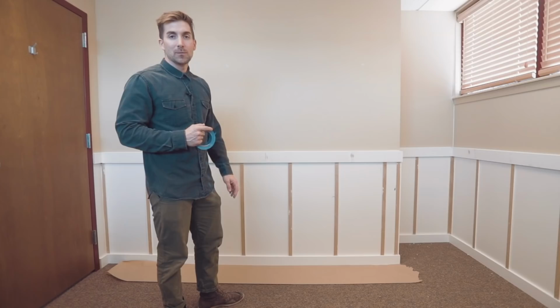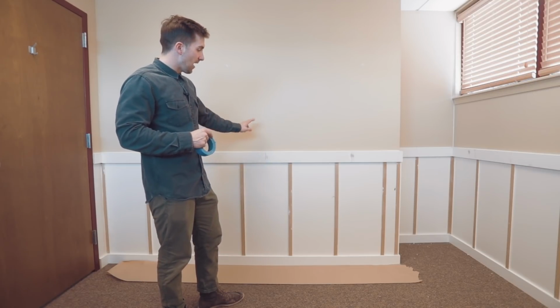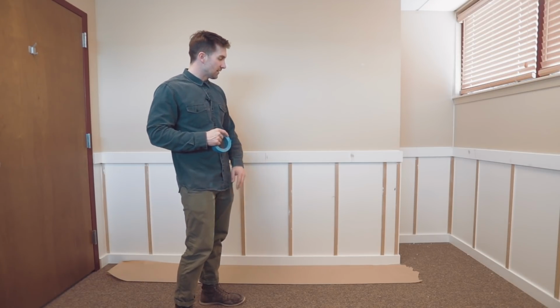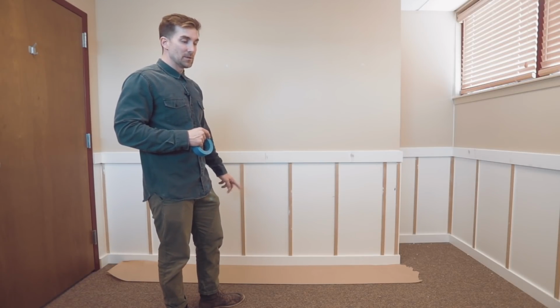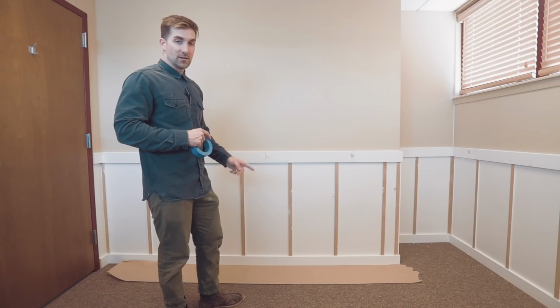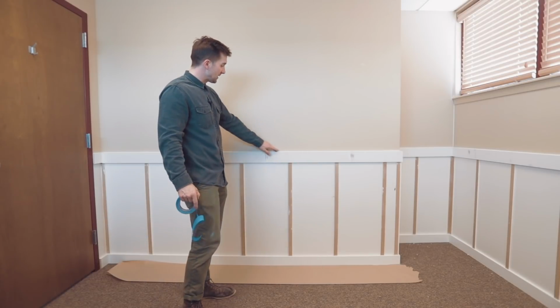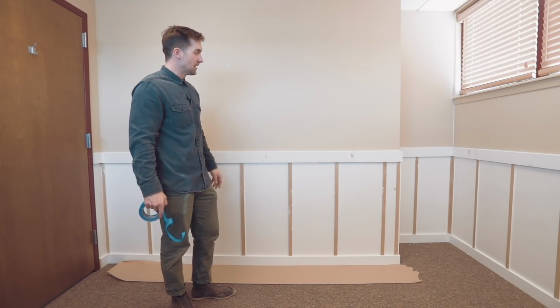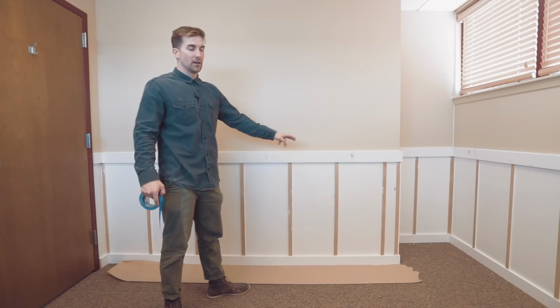A couple things to keep in mind when painting. It's always important to mask things off. This is going to take the longest to do. We are painting top to bottom, the base and the chair rail the same color, so I don't need to mask off my moldings to do a different color, but I do need to make sure the floor has some type of covering so I don't get any paint on the floor. So I don't need to tape even up here, just the fact that this wall is going to be a different color. Once I paint this wall, I'll just put a strip of tape along the top